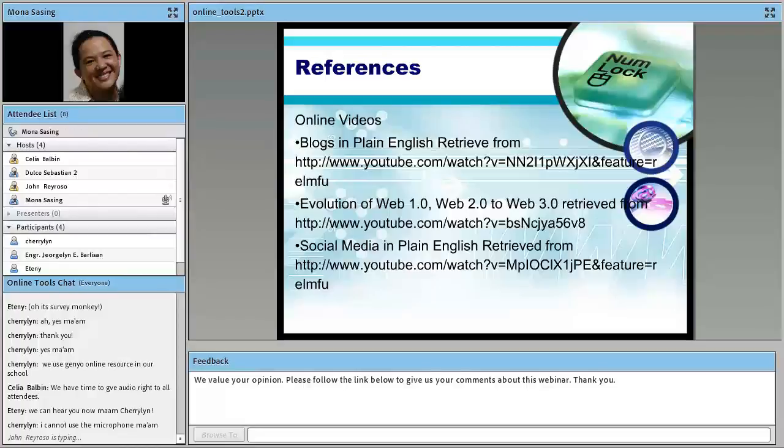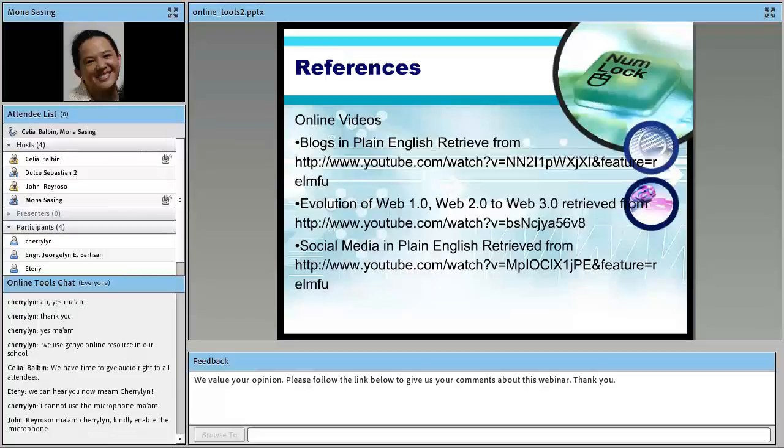Just activate that one. You can click on the down arrowhead and then click on connect my microphone.